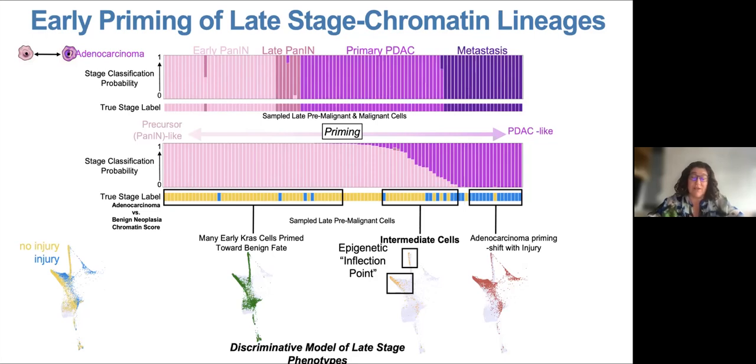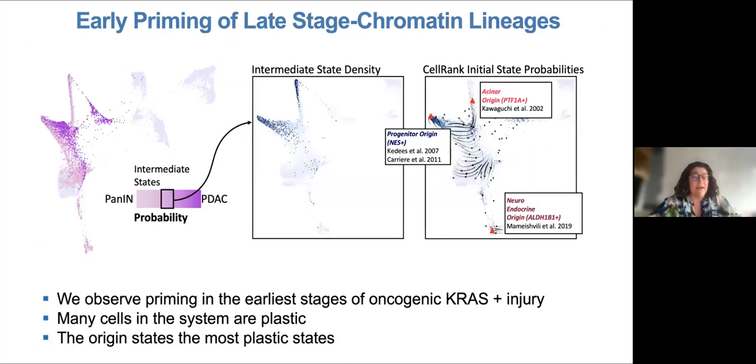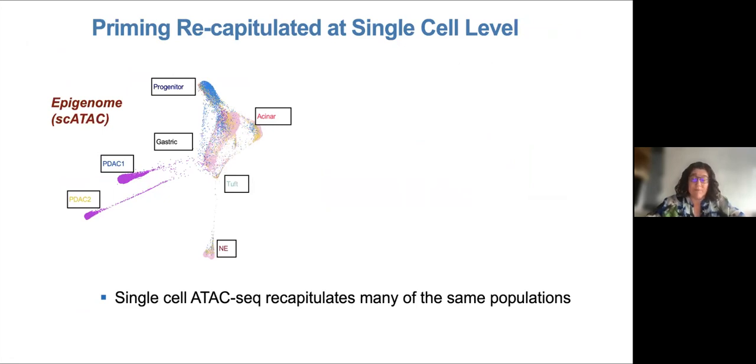And the more interesting cells are these intermediate cells right here, which seem to be primed in both directions. They don't seem to be clearly primed to one or the other, but seem to have more plasticity, with both fates possible. Again, zooming in on these cells that are intermediate in their probability, they really are the most plastic states, and they align exactly at our origins here. So our origins are most plastic, and they don't quite know whether they have a propensity for priming to be both pannon and PDAC. So we wanted to dig into that a bit more.